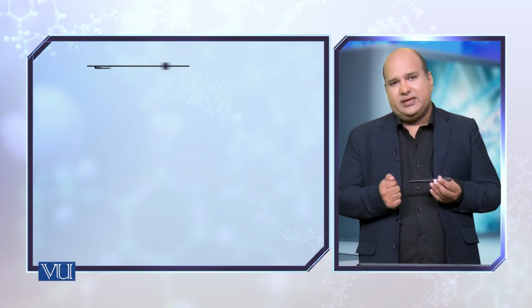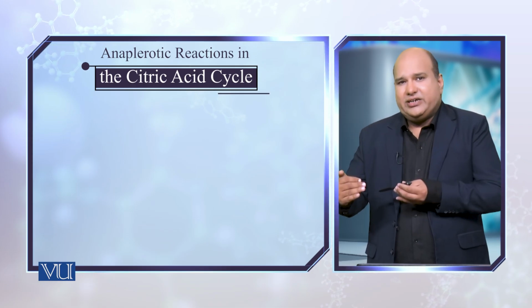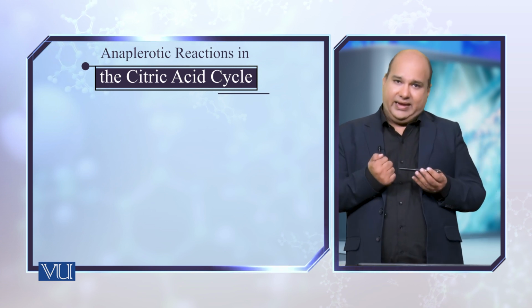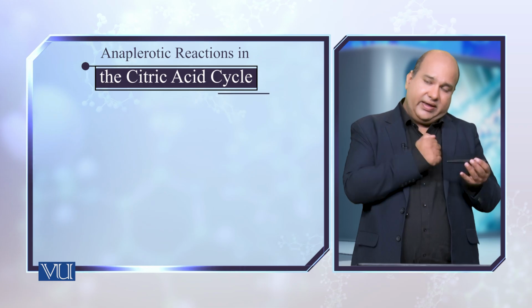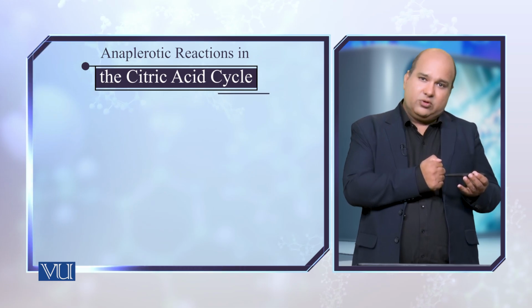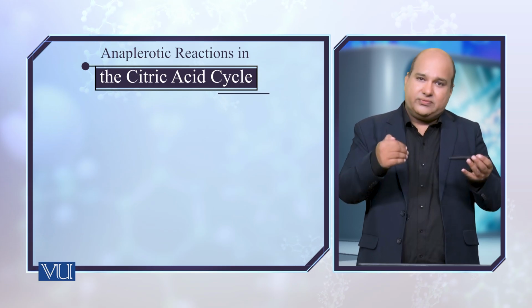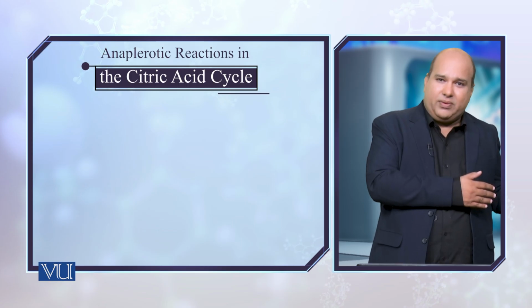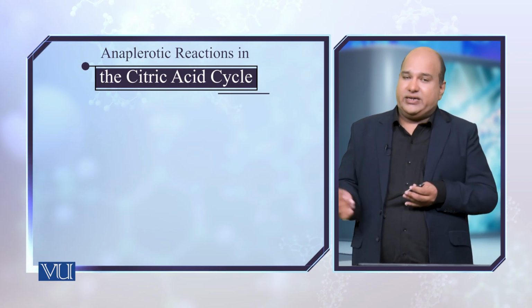Not only can TCA give carbon skeletons to different compounds, it also takes compounds from other pathways, and this is very important for TCA, because when certain compounds of the TCA are used by other metabolic pathways, that's when the amino acids are being formed, like when nucleotides are being formed,